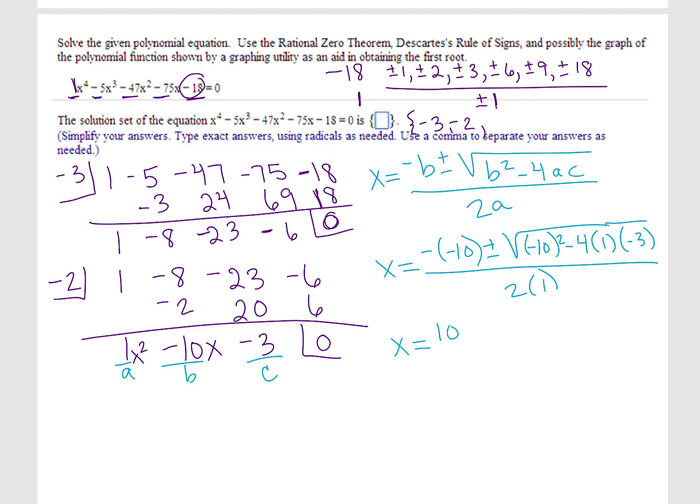I have 10 plus or minus, I'm actually going to do that math just in bits. 100 plus 12. So -10 squared is my 100, and then -4 times 1 is -4 times -3 would be my 12 over 2. X equals 10 plus or minus